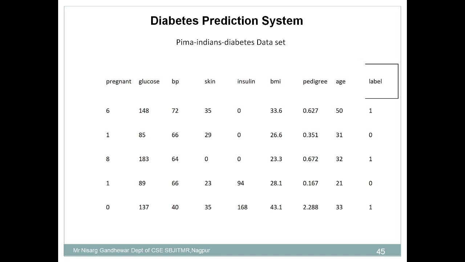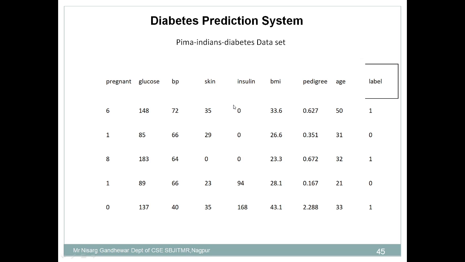So the aim of this video is to understand how to solve the diabetes prediction problem with the help of the decision tree algorithm. First of all you need to understand what data set I am going to consider for this problem. There is a very famous open source data set, easily obtained from the internet, called the Pima Indians diabetes data set.